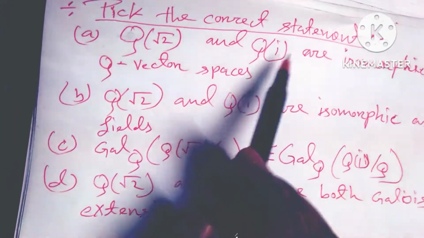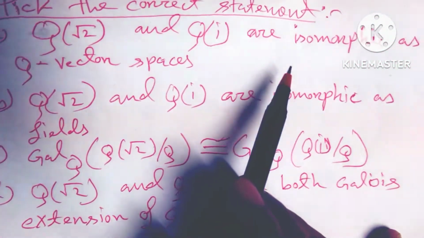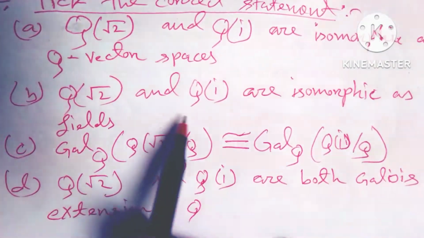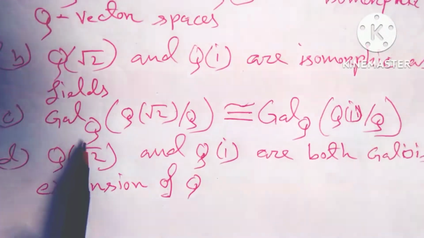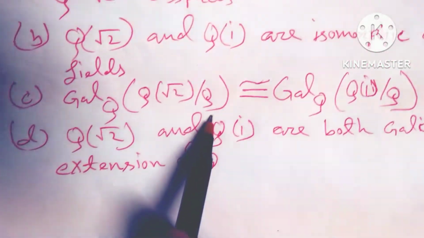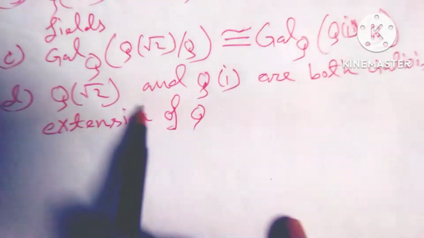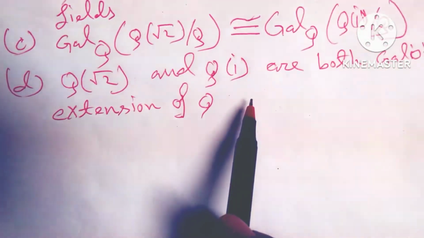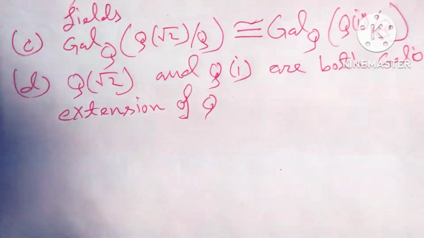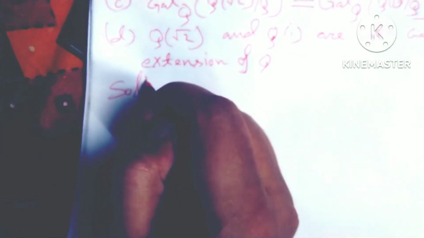Pick the correct statement. Q(root 2) and Q(i) are isomorphic as Q-vector spaces. Q(root 2) and Q(i) are isomorphic as fields. Gal(Q(root 2)/Q) is isomorphic to Gal(Q(i)/Q). And Q(root 2) and Q(i) are both Galois extensions of Q. So friends, solution: